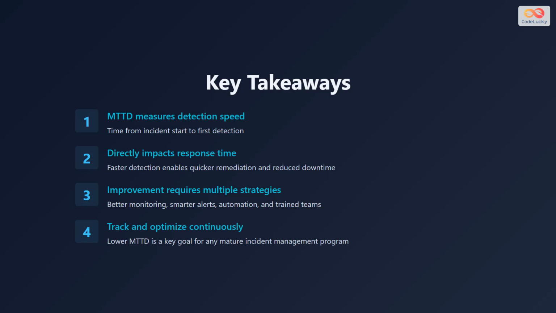Here are the 4 key takeaways. First, MTTD measures how fast you detect incidents after they start. It is the time from incident occurrence to first detection. Second, detection speed directly impacts your response time. Faster detection enables quicker fixes and dramatically reduces downtime and customer impact. Third, improving MTTD requires multiple strategies working together. Better monitoring, smarter alerts, automation, and trained teams all play a role. Fourth, track and optimize MTTD continuously. In mature incident management programs, lowering MTTD is an ongoing goal that drives investment in tooling,